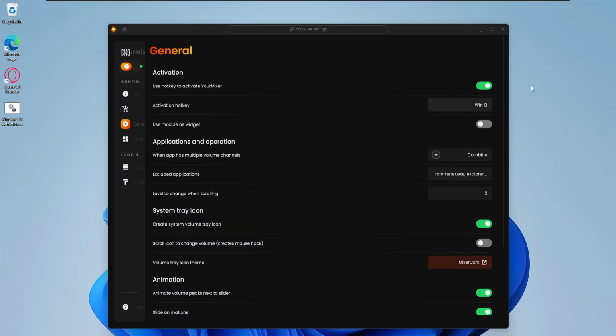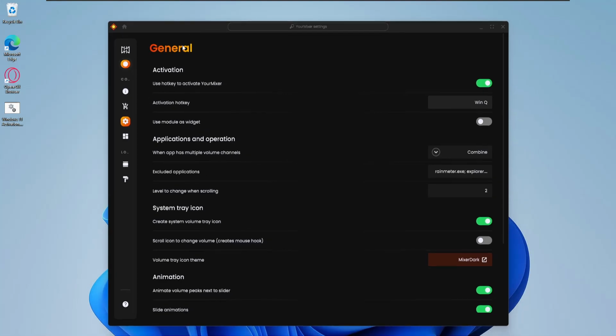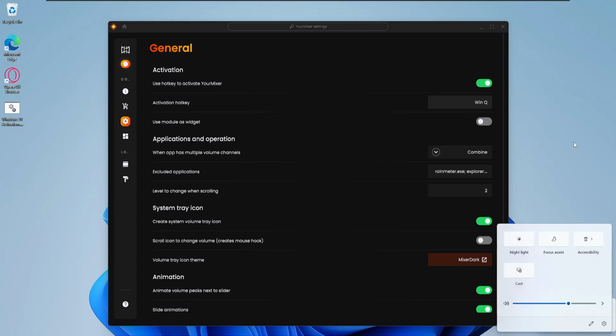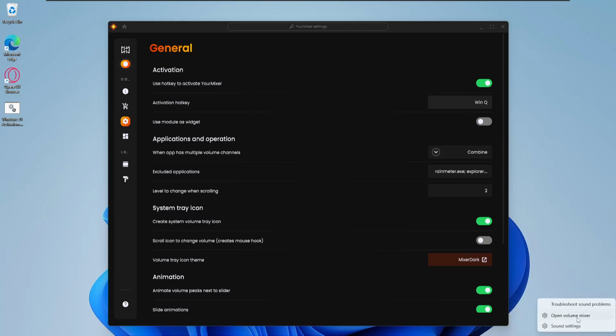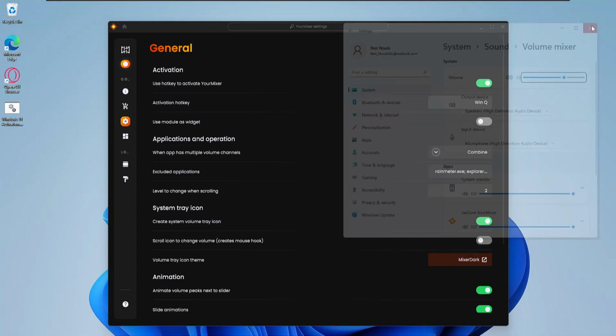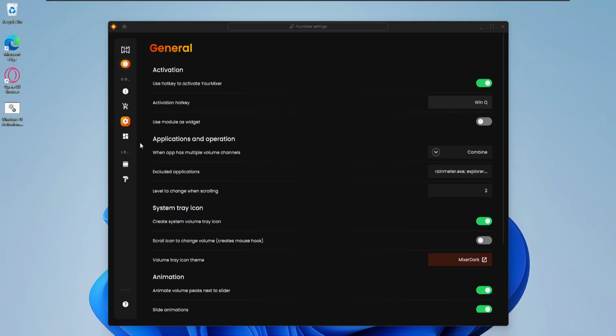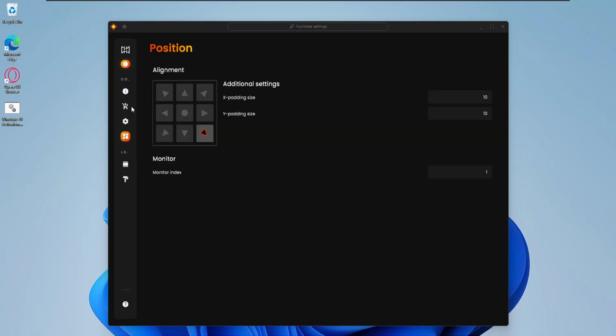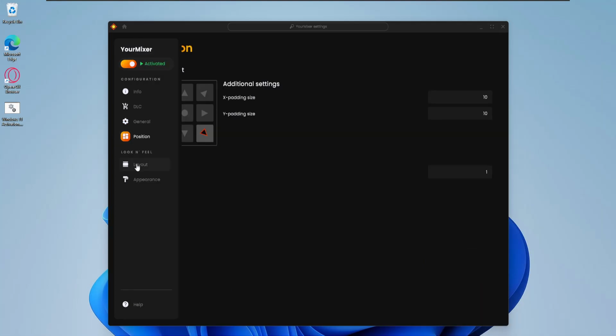I'm not gonna change anything here. I just want to quickly get done with this video because I've wasted enough of your time. So the activation hotkey is Windows Q. You have to press this activation key every time you want it to open. Because if you see here, if I open volume mixer or something, hold on, yeah, it does not do anything at all. It would open settings probably, but you need to press Windows Q if you want to open